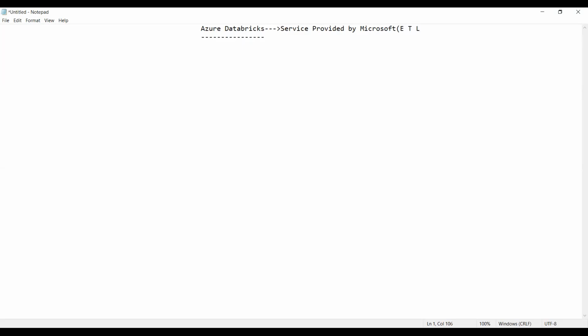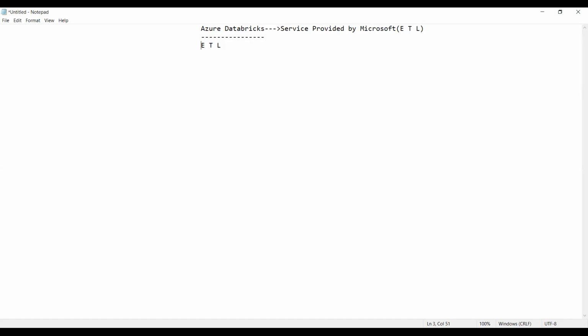What does ETL stand for? Extraction, transformation, and loading. So here we have the ETL.